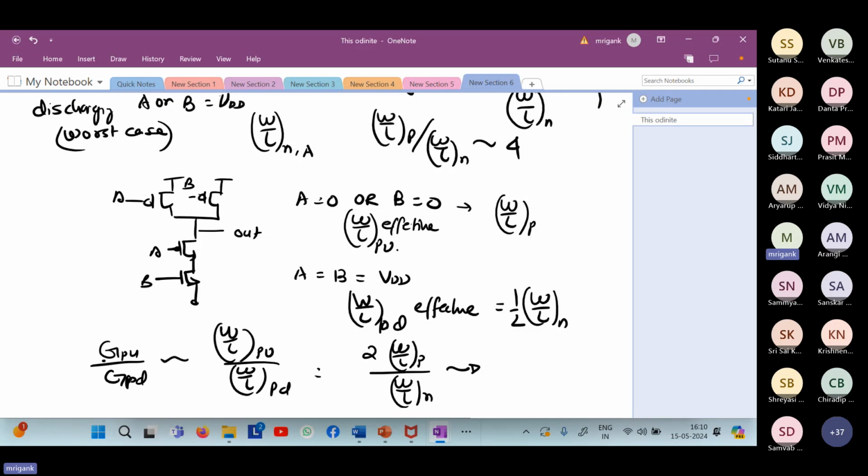So now in this case, this ratio has to be what? Earlier we have seen in the inverter case, it was mu N by mu P, which is 2:1. Therefore, in this case, it will be approximately 1. So for the NAND gate, the PMOS size and NMOS size will be approximately equal, or basically the ratio will be approximately equal to 1. All the sizes will be the same. If this is W by L, this is also W by L. Is that clear?